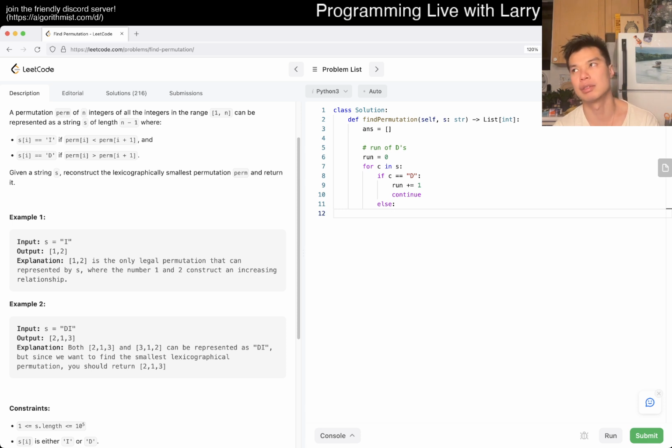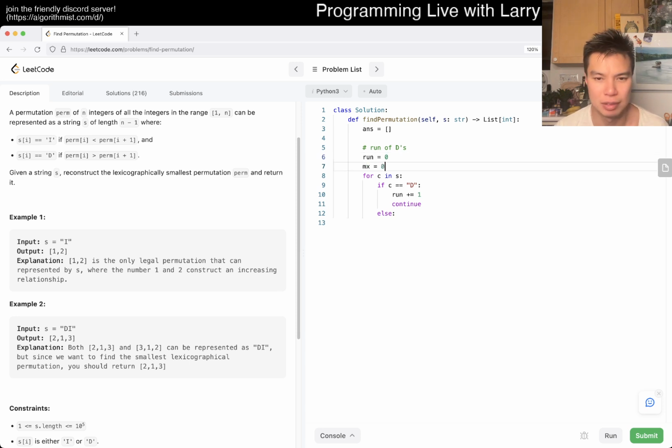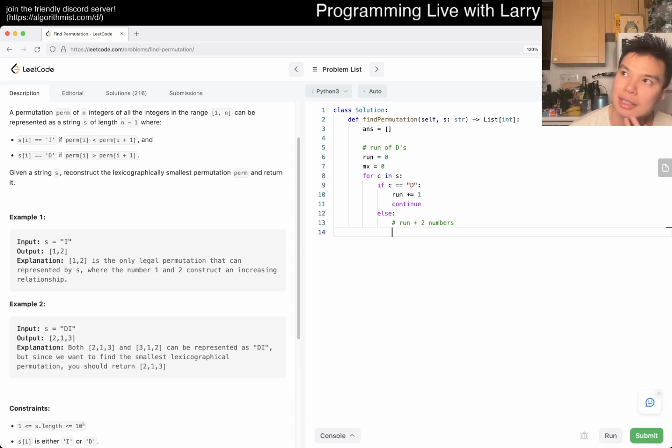Well, and maybe we put something like max or something. That's the number that we last inserted, right? So then now we have a run of these things, right? So then let's say we have 4 D's, then that means that we want 1 plus 1, including for the I, right? Because if you have 4 D's and an I, that means that you have 6 numbers, right? So it's going to be 1 plus 2 numbers, and then yeah, so